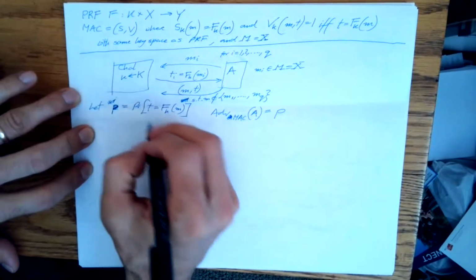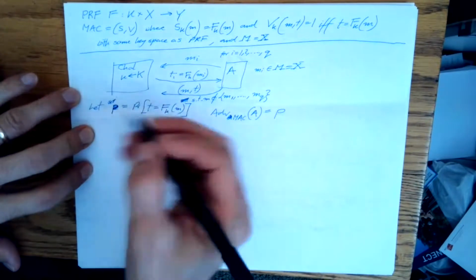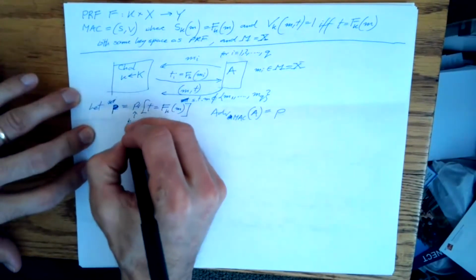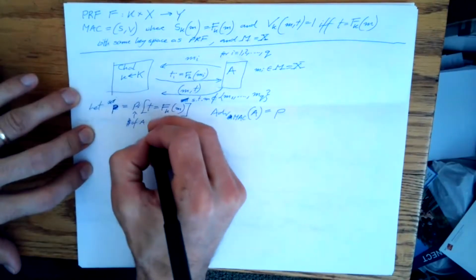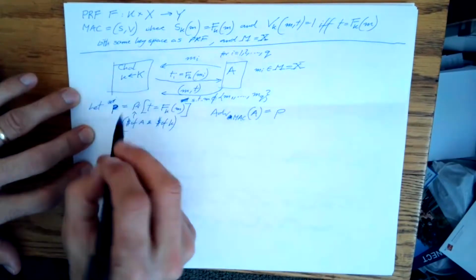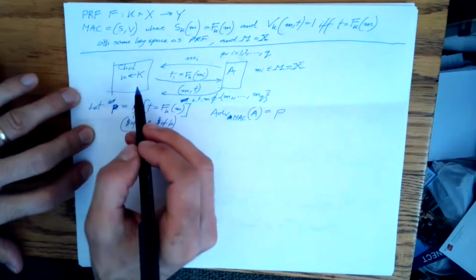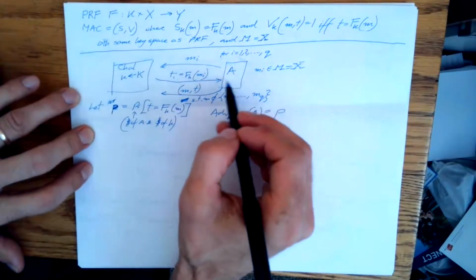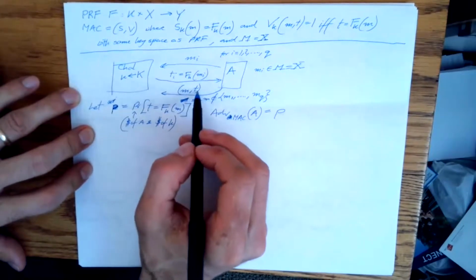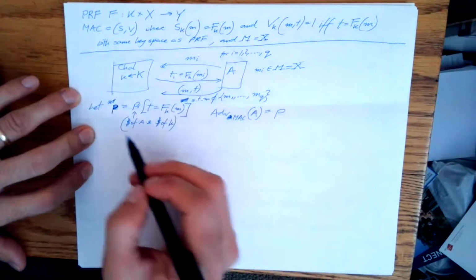The probability here is over the randomness of A and the randomness of the key K. Once key K is chosen, there is no more randomness used, except for the adversary, possibly when he chooses these messages, and this message and this tag. So this is possibly a randomized algorithm.